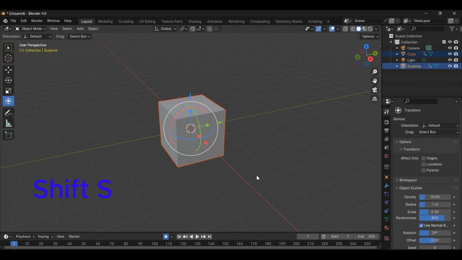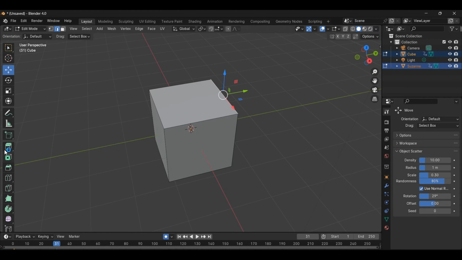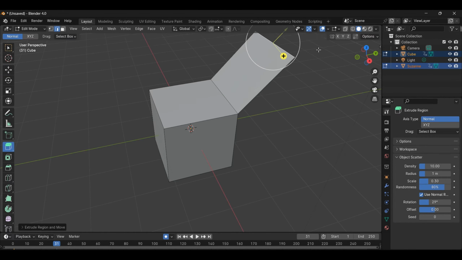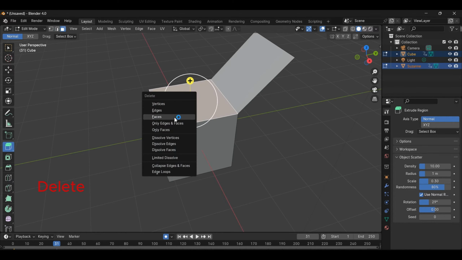Shift S. That's the first frame, and now let's go to 31st frame. Go to edit mode, select this edge and extrude it. See, it repeated that line over each other. Yes, we are opening box. Now delete this face and